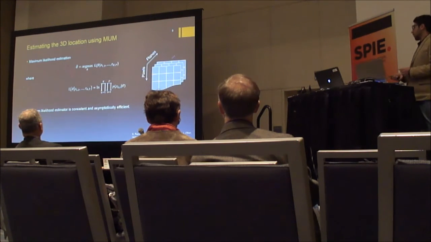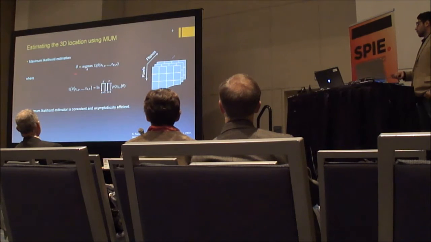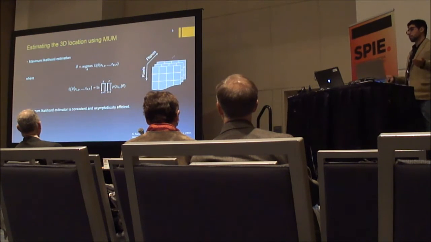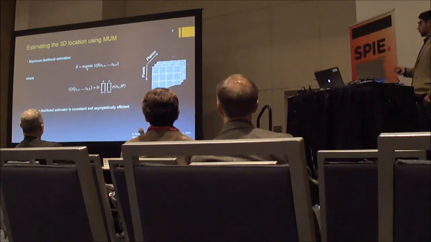so let's say this theta hat is an unbiased estimator of an unknown parameter vector. We find it such that it maximizes the log likelihood of the observed data. And that log likelihood is just the logarithm of the joint distribution of the observed data. And the reason that this is right is because the data acquisition at each pixel is independent of the others, and also the same for the focal planes, which are independent.